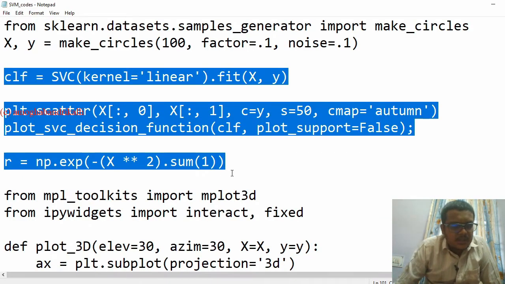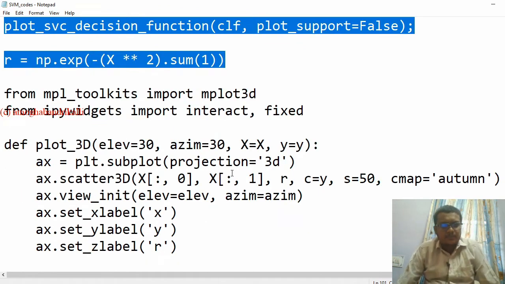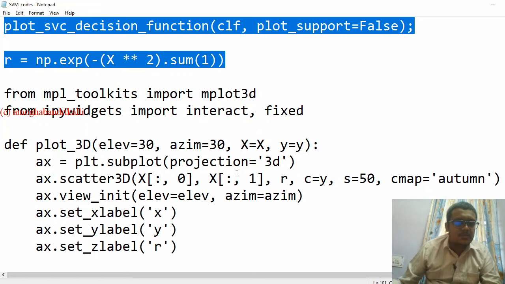So for non-linear data, we have made projections. For this we are going to write a function for 3D projections.